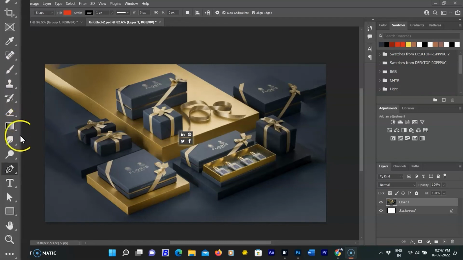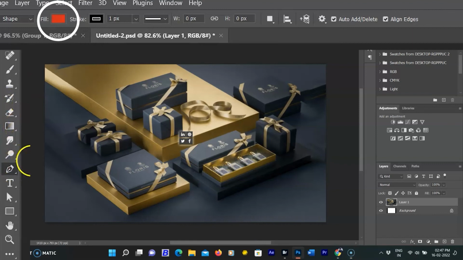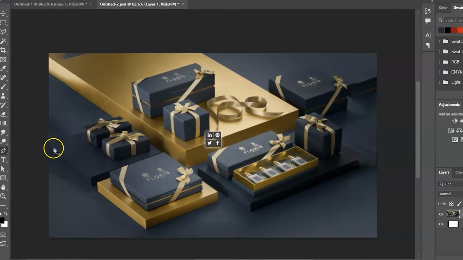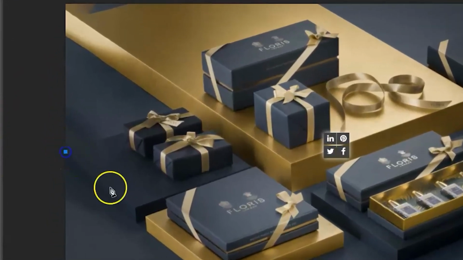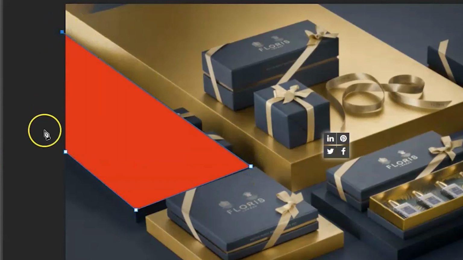First select the pen tool from the tool panel or type P to activate the pen tool. Then select Shape in the top option bar. I am selecting the new shape from the original image and creating an anchor by placing the pen tool on the new shape. After that, I am creating new anchors according to the shape. As I join the last anchor to the start anchor, the shape will be created according to the shape in the picture and filled with the color set in the fill option.